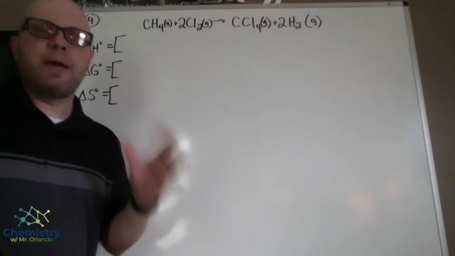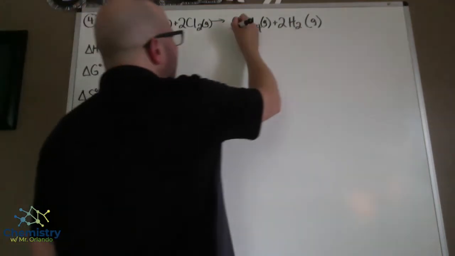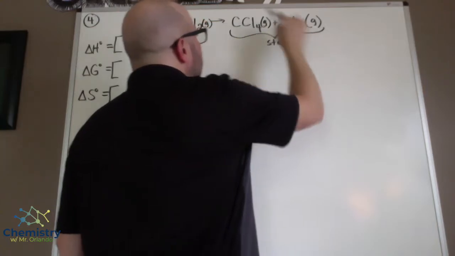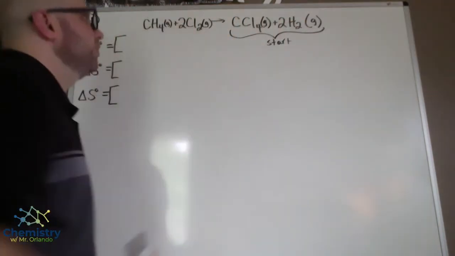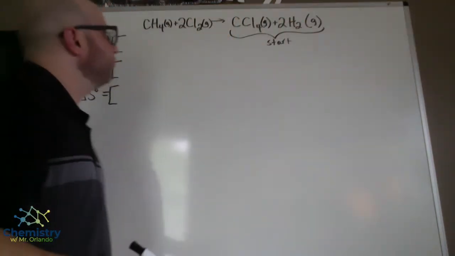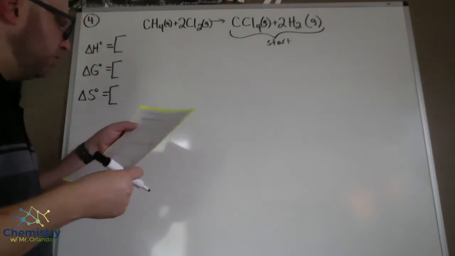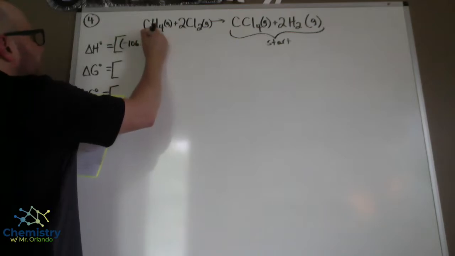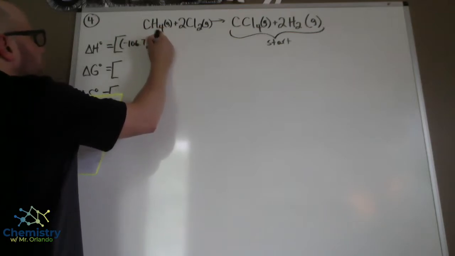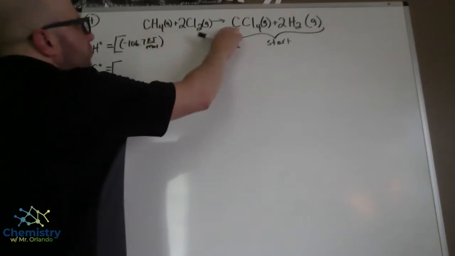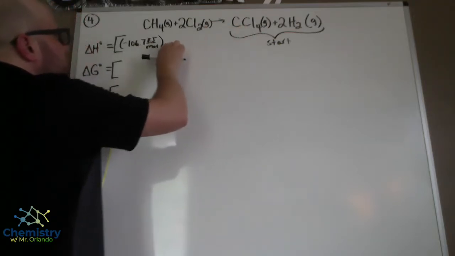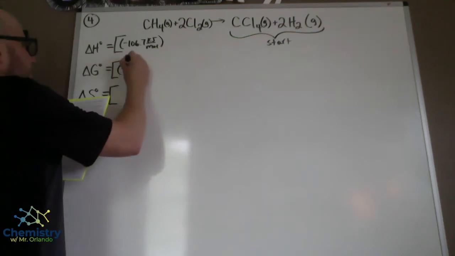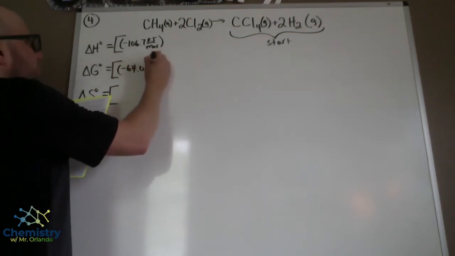So remember first that you start here with the products. You do products minus reactants. So start on the right side. So for delta H, I look that up and I have negative 106.7 kilojoules per mole. Now, notice the coefficient here is 1, so I don't have to multiply that by anything. Then I'm going to go straight down the list. Negative 64.0 kilojoules per mole